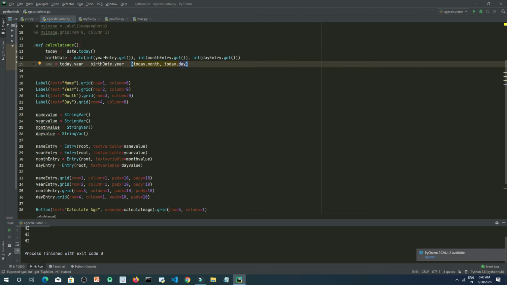It's actually showing some error. Let's do square brackets, you will understand it. Now we need to compare the date.